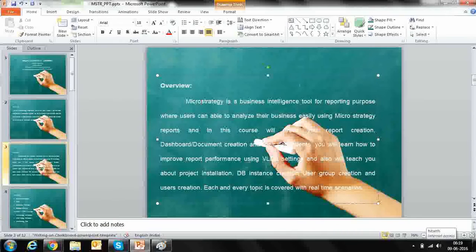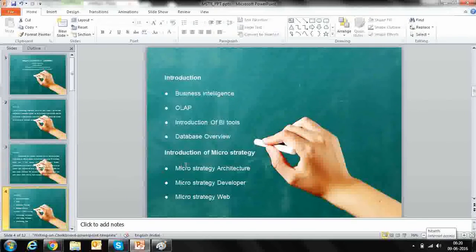You will learn how to improve report performance using VLDB settings, and also project installation: how to create projects, how to install MicroStrategy, how to create database instances, and how to create users and user groups. Each and every topic is covered with real-time scenarios for understanding purposes.